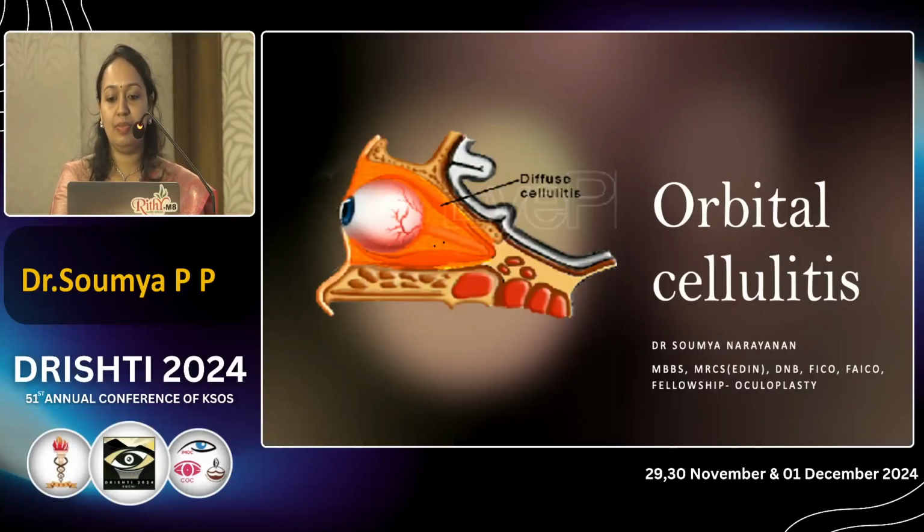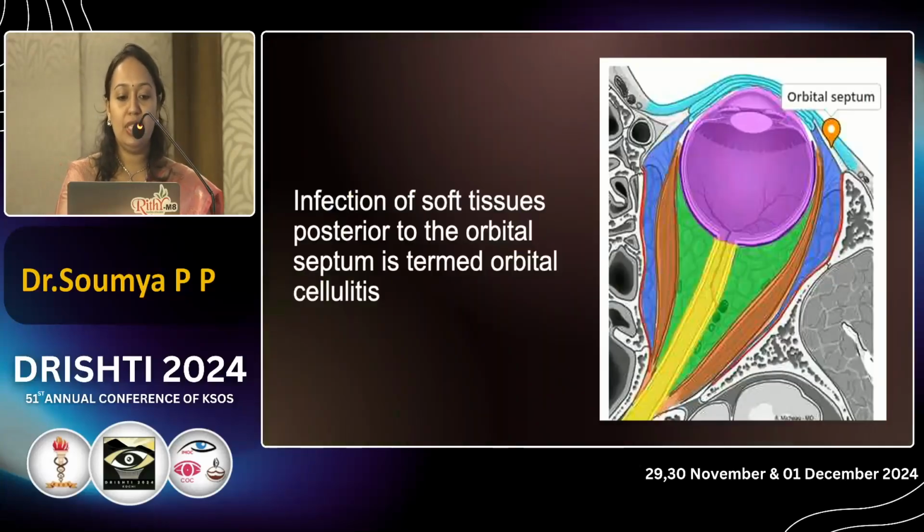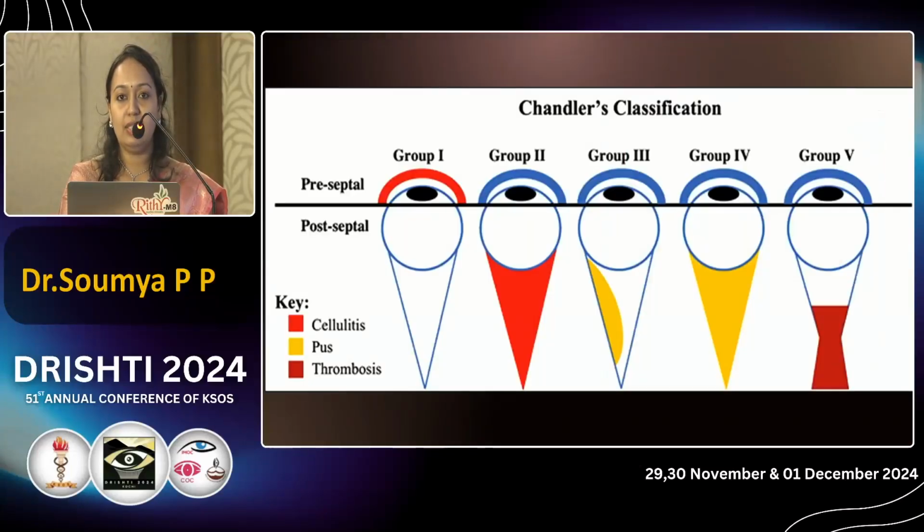First diagnosis, orbital cellulitis. By definition, infection of the soft tissues posterior to the orbital septum is termed orbital cellulitis. Chandler classified the cellulitis of the eye into 5 groups. Group 1 is inflammation only anterior to the septum, and group 2 is orbital cellulitis. Group 3 onwards are the complications. Group 3 is the subperiosteal abscess. Group 4 is orbital abscess, and group 5 is when it goes beyond the orbit, that is, cavernous sinus